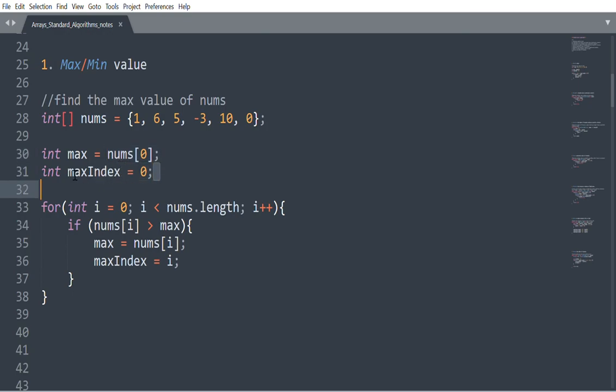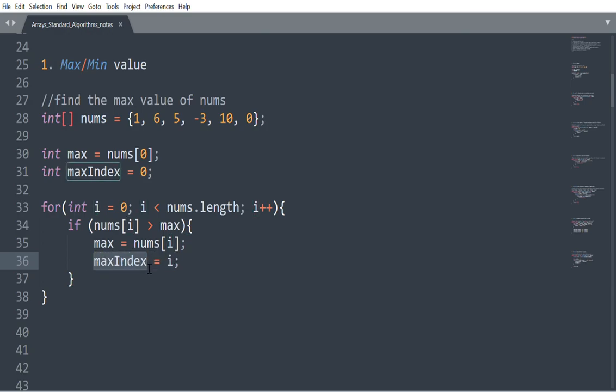I'm also choosing to keep track of the max index, the place where the maximum value is in the array. You don't always have to do this. Sometimes it's useful. It depends on the application, but I wanted to show it here. Our for loop is pretty standard. We're going through each of the elements one at a time. Then for each element, we check to see if nums[i], that element, is bigger than the max. If it's the biggest element we've seen so far, well, then we store it in our max. And also in this case, we're going to store i, the location of the biggest one we've seen so far,